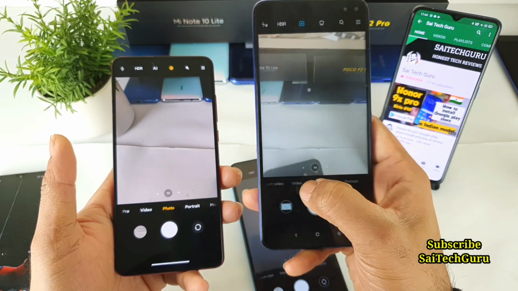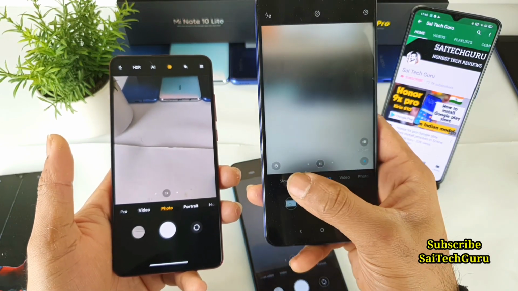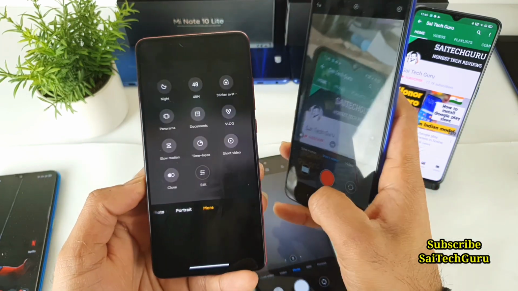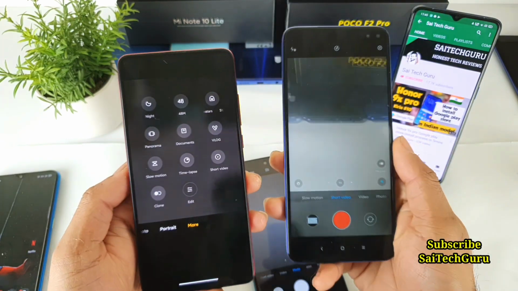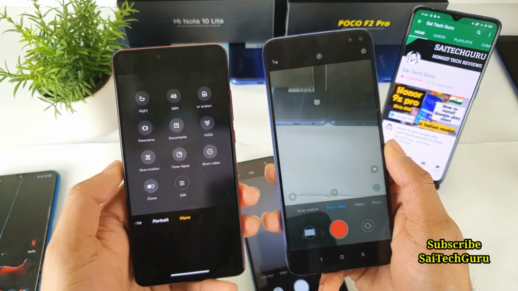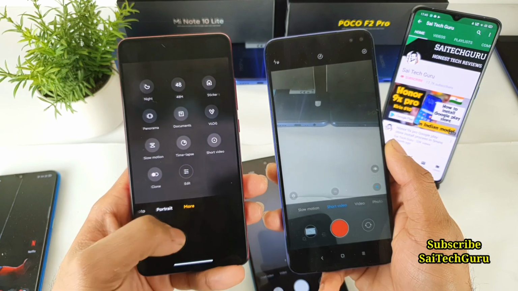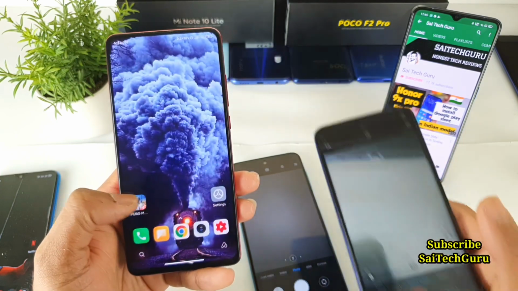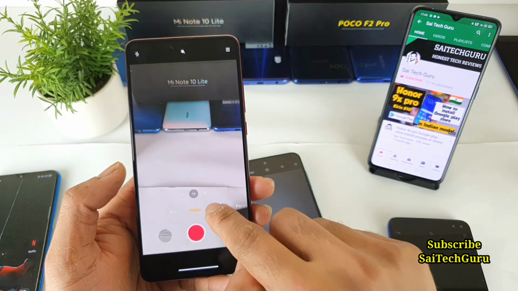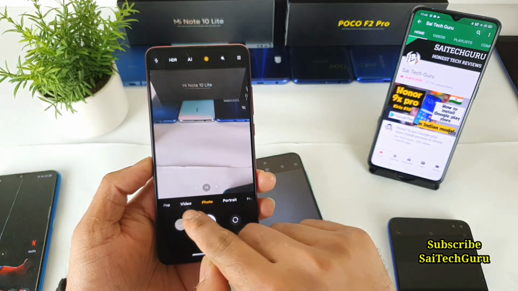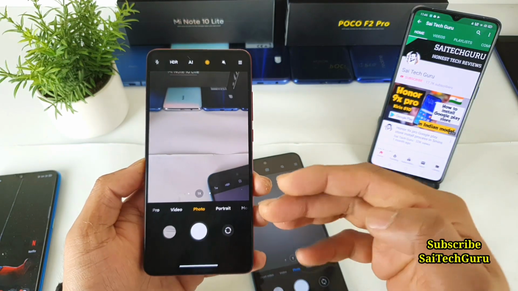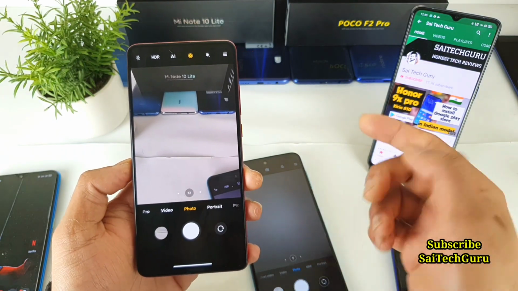You can see the Pro version is lost. Now you used to have video, short video and slow motion video. Now to access slow motion, you need to go to the more option and select it there, along with night mode, 48 megapixel and different settings, as you can see for short video. On the main interface, you only get limited options at once. As you can see, only four options you get at the main interface. To access more options, you need to go to the more option.